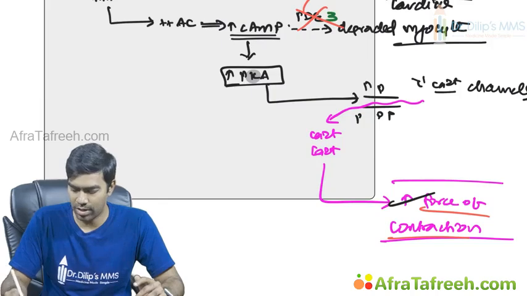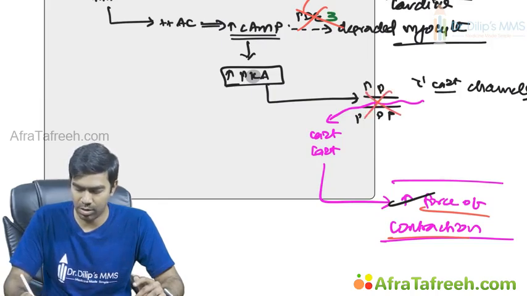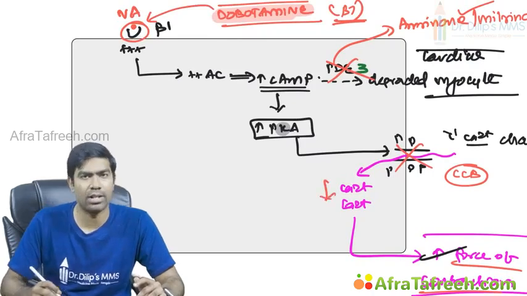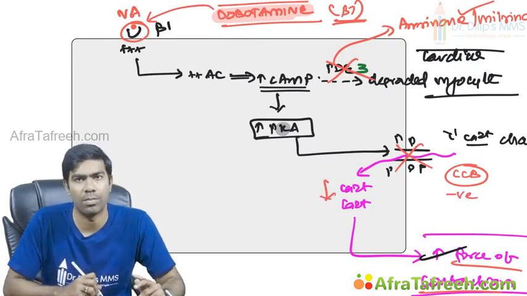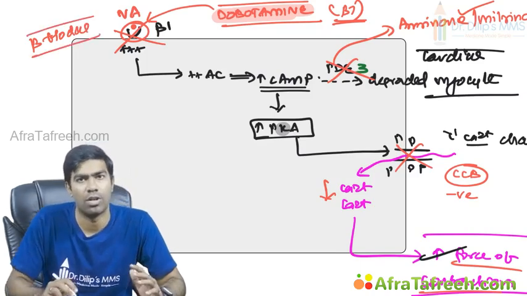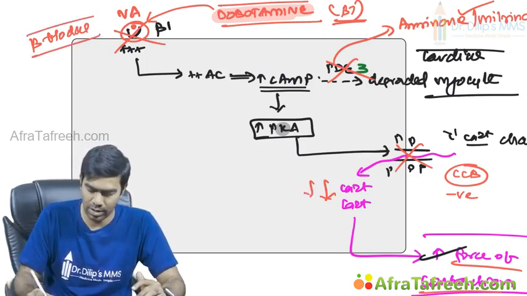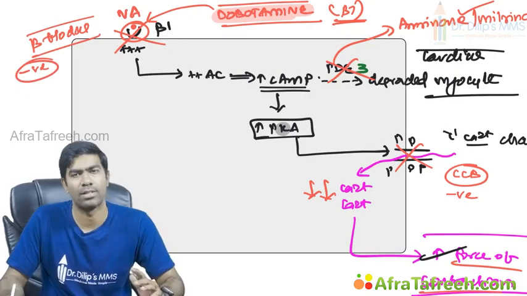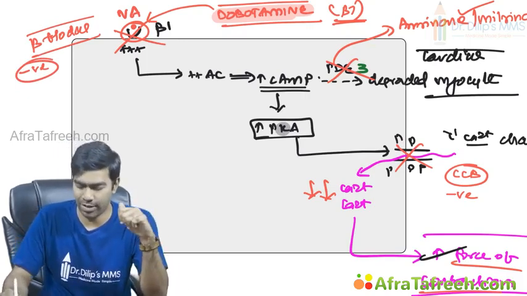Okay. Similarly, you can actually reduce the inotropic potential of the heart by giving beta blockers or calcium channel blockers. For example, if you give a calcium channel blocker, it's going to reduce the intracellular calcium and they're going to have a negative inotropic potential. Similarly, if you give a beta blocker, typically a beta 1 blocker means it's a cardioselective blocker. You are trying actually to reduce the intracellular calcium, and again beta blockers are considered negative inotropic agents, and that's why they are working as negative inotropic agents.